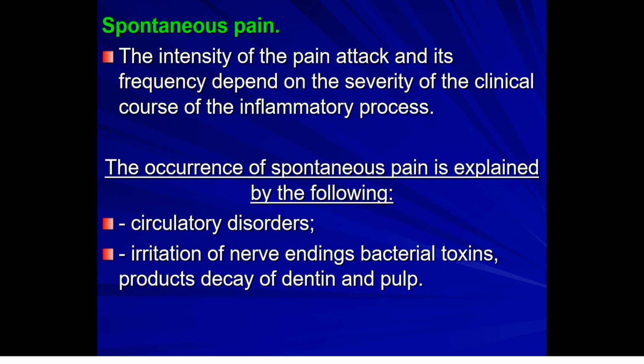Spontaneous pain. The intensity of the pain attack and its frequency depend on the severity of the clinical cause of the inflammatory process. The occurrence of spontaneous pain is explained by the following: